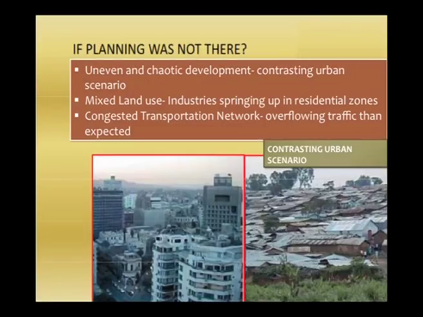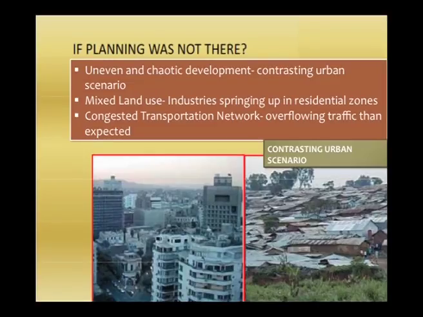What happens if planning was not there? You would have uneven and chaotic development, contrasting urban scenario. If you look at this, this is a completely not planned environment. It's just slums built over a period of time, inorganically settled in, mixed land use, industries springing up in residential zones, which again leads to unhealthy living and other such problems,